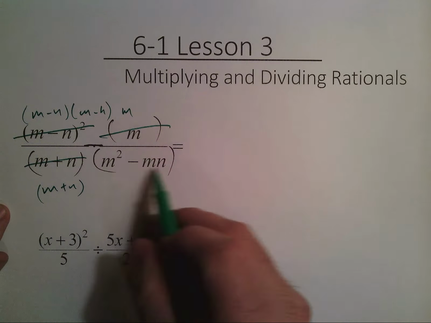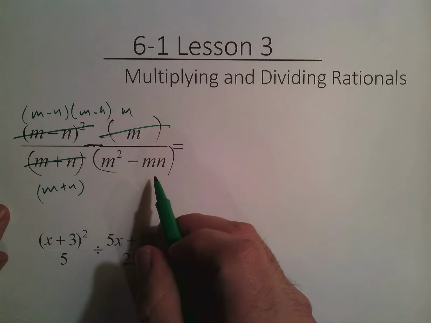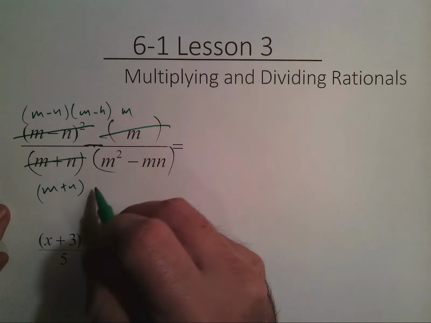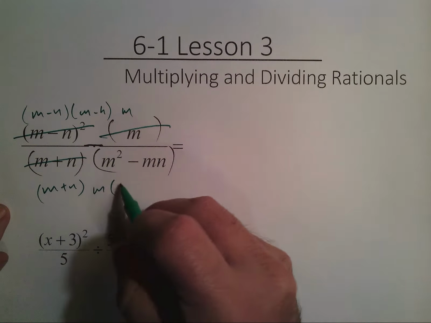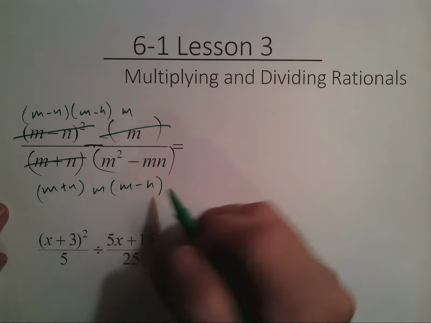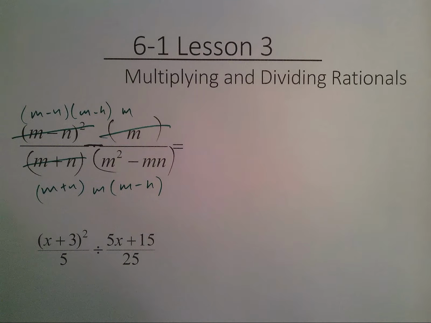And this one I can factor out an m, leaving behind an m minus n. So the original was m minus n squared times m, all divided by m plus n times m squared minus mn. Alright, so now that we've ripped everything apart, and remember realizing that there is only one top and one bottom,